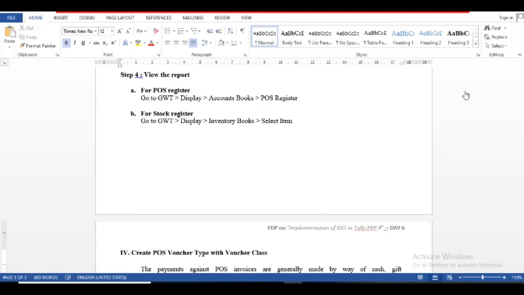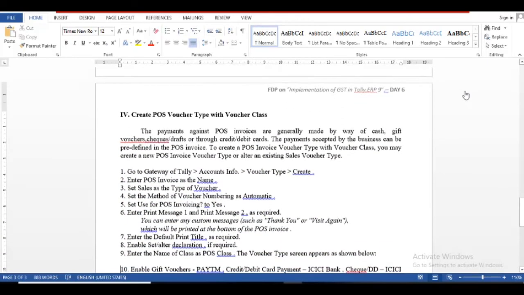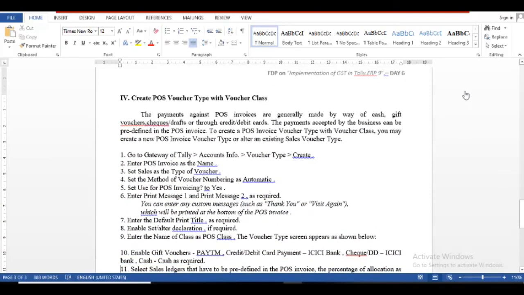In yesterday's class we created a voucher class for simple interest. So we create POS vouchers. We create the voucher class for the POS voucher type also. So I discuss it only; if you are willing, you practice.